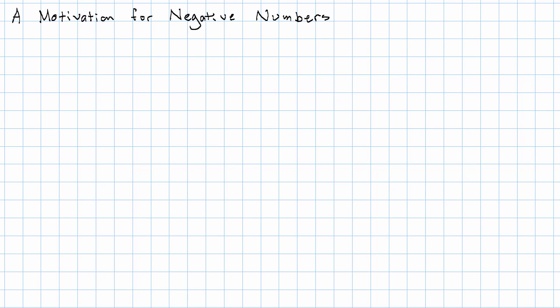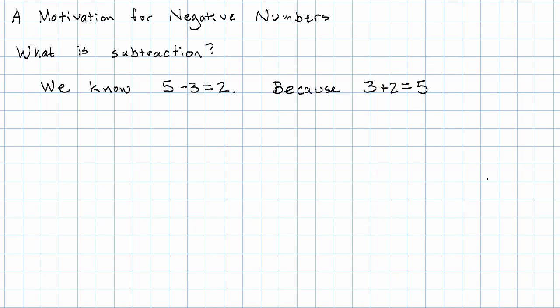Before we embark on a long discussion of negative numbers, we should consider the question, why have we got negative numbers? And the answer comes down to a problem that we have with subtraction. So what's subtraction? We know that 5 minus 3 equals 2. We might even think of that as related to the fact that 3 plus 2 equals 5. We can understand the question, what is 5 minus 3, as being the same question as 3 plus what equals